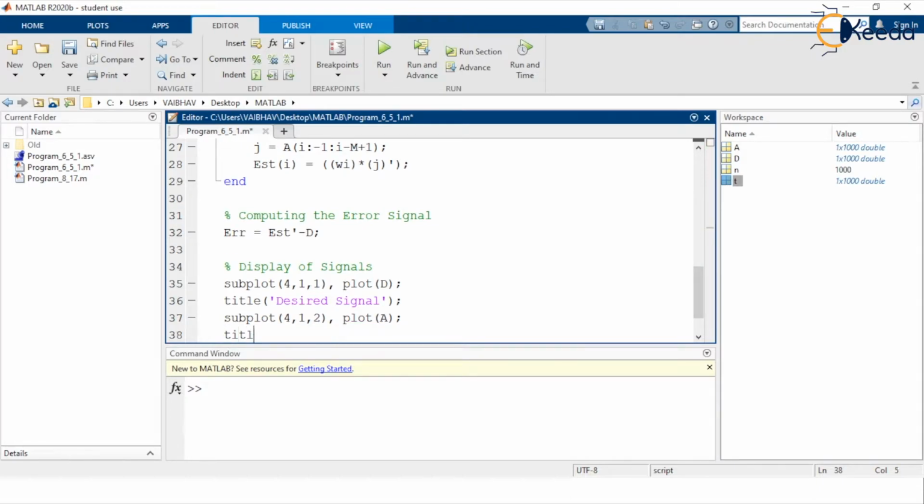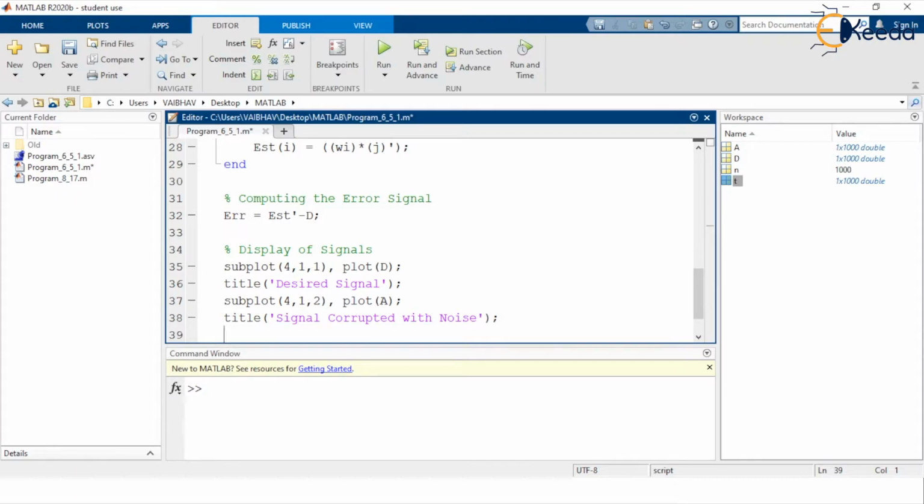So corresponding to this actual signal, we shall be providing a separate title to the second cell here. So here we write: this is a signal corrupted with noise. It has the desired signal component as well as the noise component. That way we say it to be a signal corrupted with noise. After the plot of these two signals, before the use of the LMS structure for adaptive filtering, the assignment we have made to the first two cells.